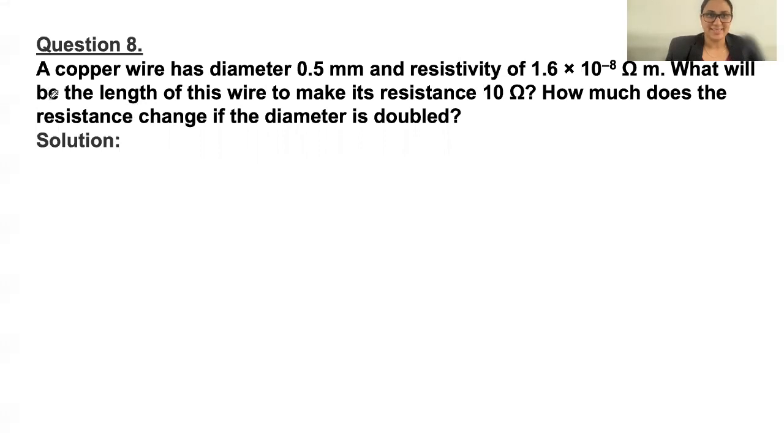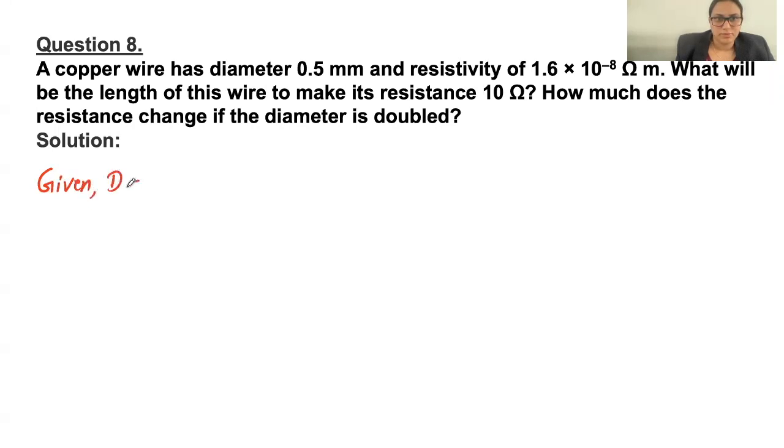Next question is, a copper wire has a diameter 0.5 millimeter and resistivity 1.6 into 10 power of minus 8 ohm meter. What will be the length of this wire to make its resistance 10 ohm? How much does the resistance change if the diameter is double? Given